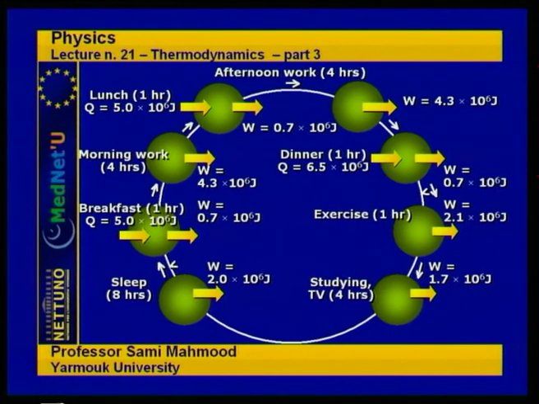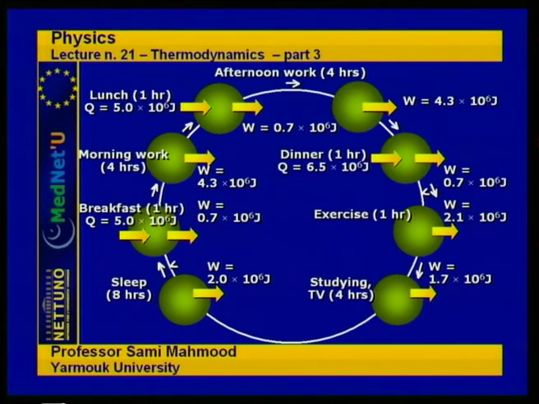So we start with sleeping, and assume that the human being sleeps for 8 hours. The work done by the human being during sleeping, which is due to breathing and slight motion during the sleeping time, is estimated to be 2 million joules, 2 times 10 to the 6 joules. And after sleeping, the person wakes up and has breakfast usually, and the heat intake or the metabolism of food would provide the human body with heat Q that is equal to 5 times 10 to the 6 joules,